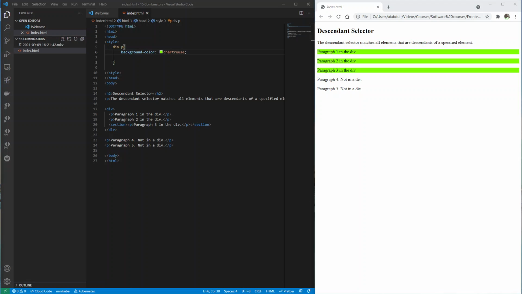The second one we are going to be looking at is the child selector, and this selects all elements that are children of a specified element. So what I am going to do here, for this example, is comment out this first example. So we have space, and then I am going to use this example